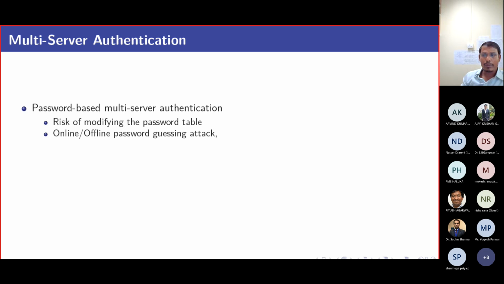Offline mode means the adversary will just try to guess passwords one by one, and then verify them on his or her own, right? Similarly, in the online attack, the adversary will guess the password, and using that password, create the login message and send it to the server. So n login messages are sent to the server. If any of the messages is accepted, the corresponding password is the correct password. This is how the online guessing attack can be performed.